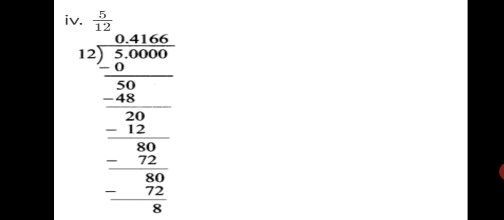So let's start with the second step. 12 fours are 48, because 50 is the remainder. Now we need to solve the closest one. 12 fours is 48. Remainder is 2. Bring one more 0 down. 12 ones are 12. We can't take 12 twos are 24. So 12 ones are 12. From 20 we subtract 12, we get 8. Bring one more 0. If you have not written extra zeros in the dividend, you can add now. So take one more 0 in dividend and bring it down. So 12 6s are 72. Subtracting 72 from 80, you get 8. Now we need one more 0 to solve further.